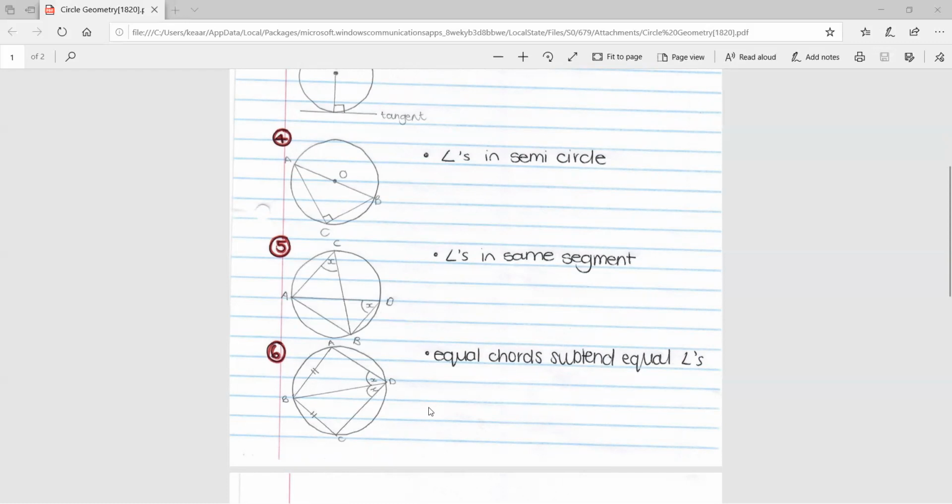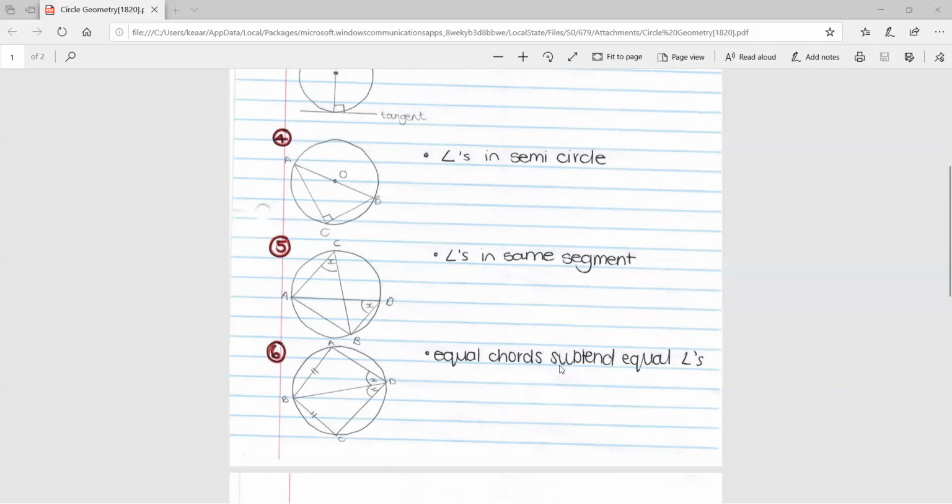We then move on to Theorem 6. This is when you are given chords that are equal in length. So in this case, AB is the same length as BC. And AB subtends angle ADB, and chord BC subtends angle BDC. Since AB is equal to BC, you can say that this angle is equal to this angle. I've illustrated it by saying x and x. They are the same size. Your reason would be